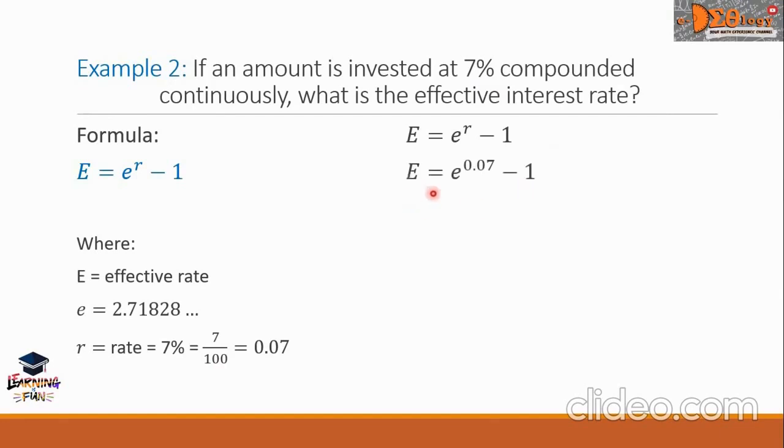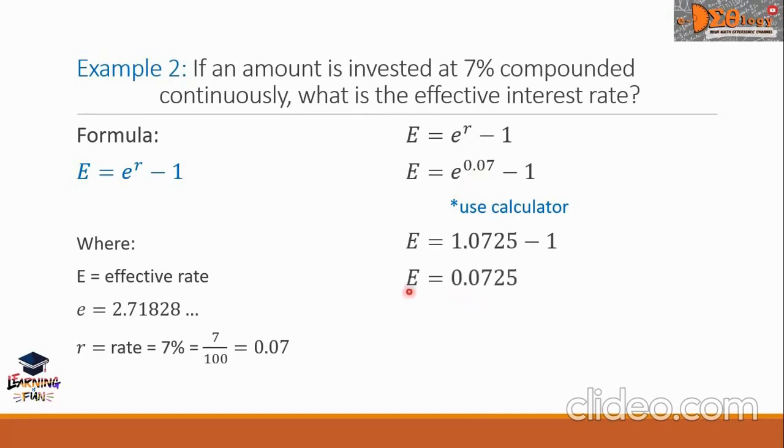Capital E equals the small e raised to r, and the r is now 0.07, and this value is minus 1. We can use the calculator to get directly this e raised to 0.07, and the value is 1.0725. We will subtract this decimal with that constant 1, and the answer is